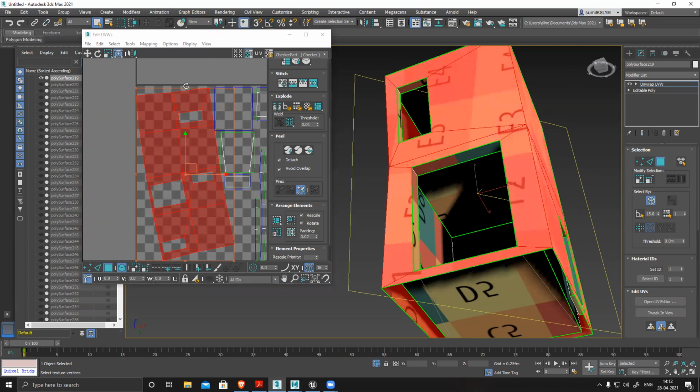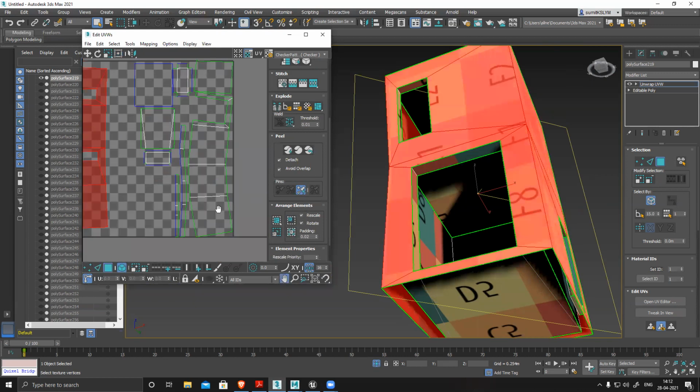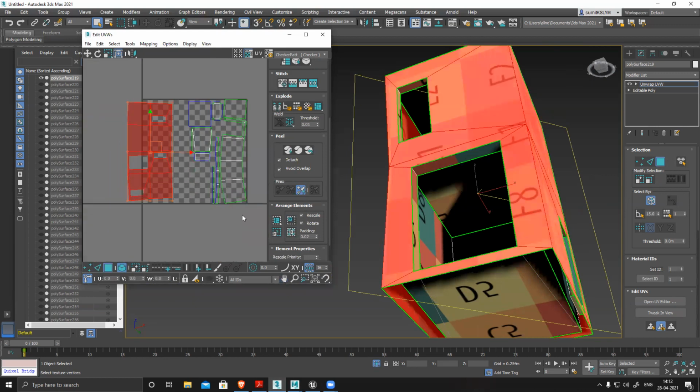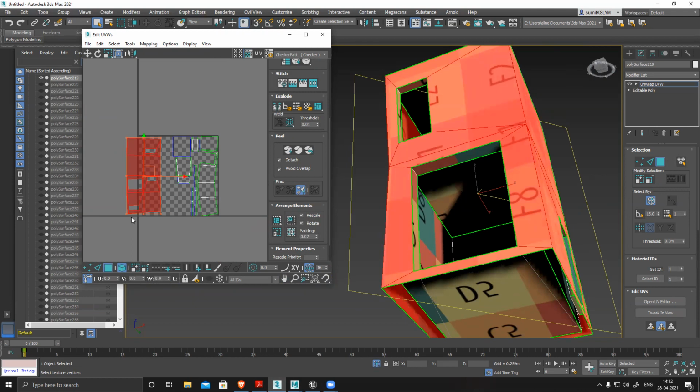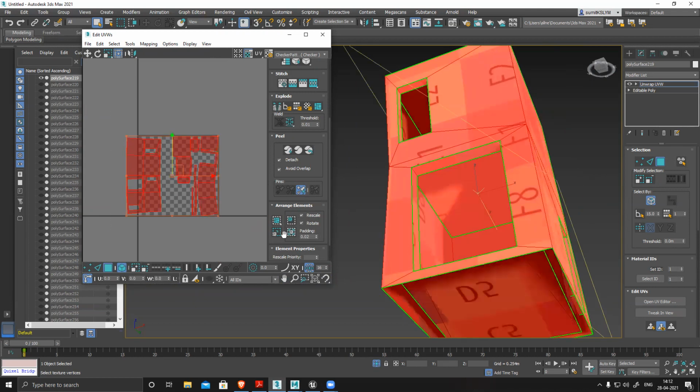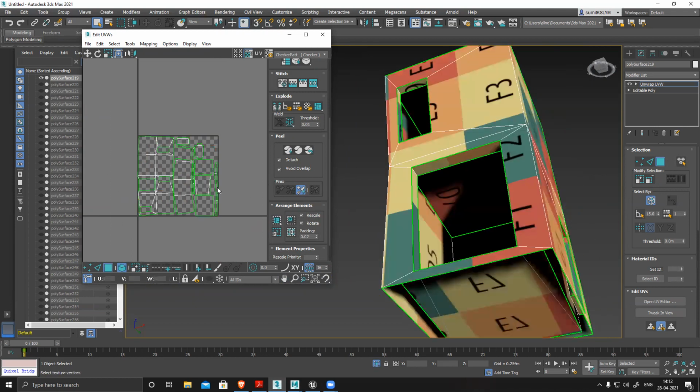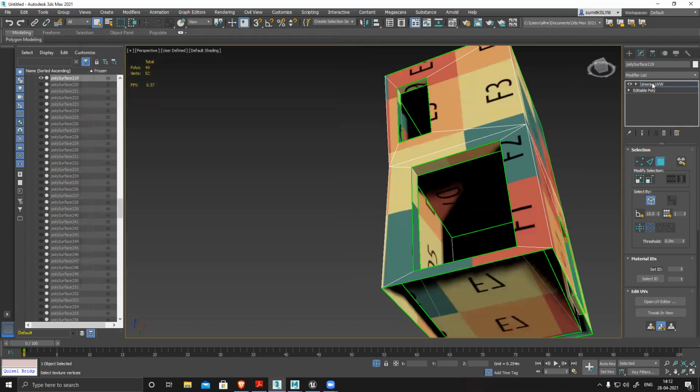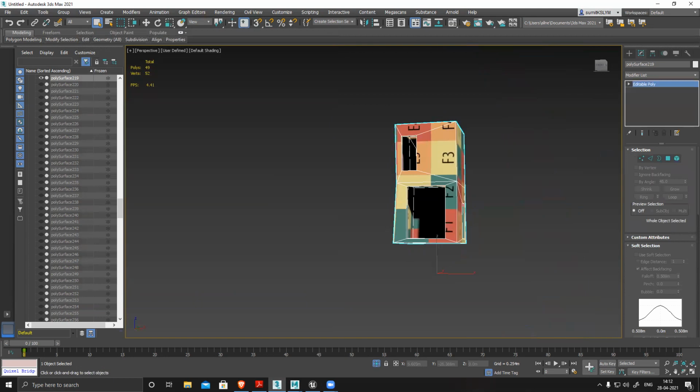Oh, snapping is on. I'll select everything, pack. Much better. So like this, one by one, I'll unwrap all the parts.